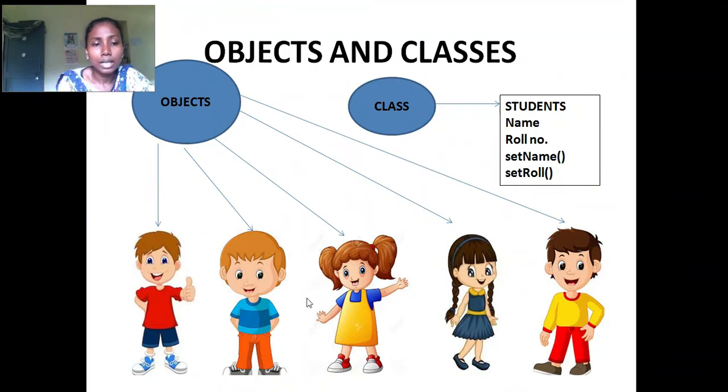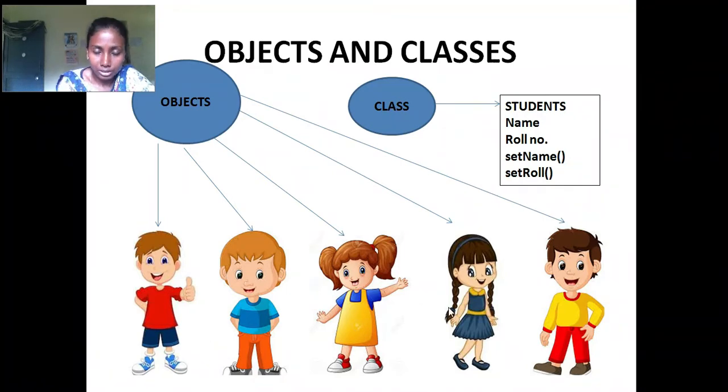So these are the objects of this Student class, whether they are boys or girls, they are the objects of the Student class, and they have different names, like Ram or Raj, Nikhil, Sia, Priya.